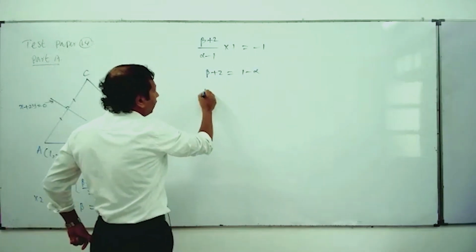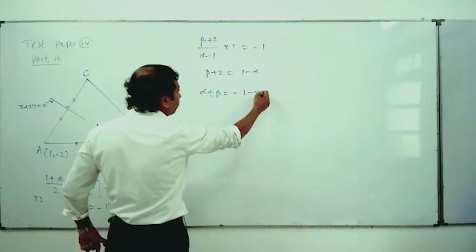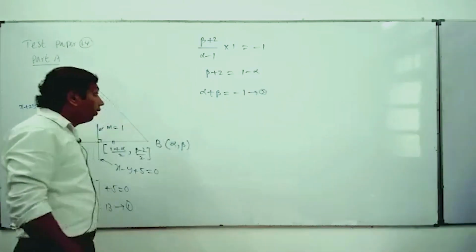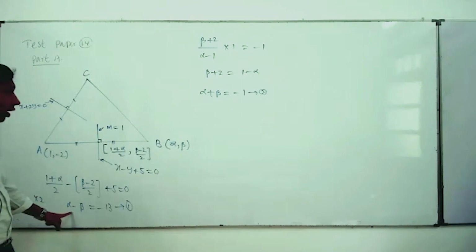Take this side, alpha plus beta. Take this right hand side, minus 1. Number 2. Now solve these 1 and 2, you can find alpha and beta. When we add 1 and 2,